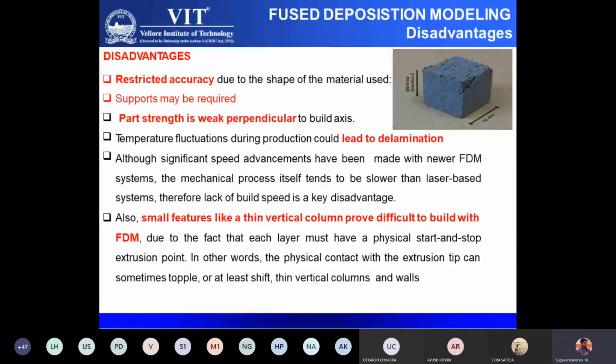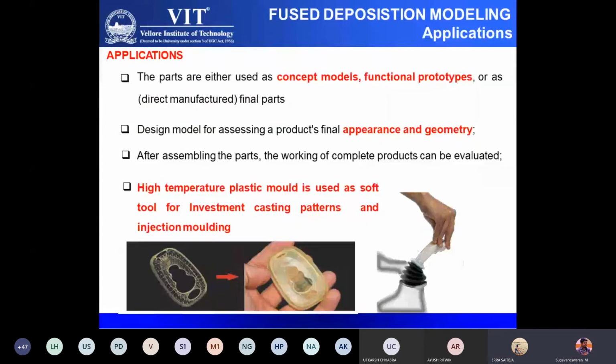When you apply a load, you may think ABS will give a tensile strength of 56 megapascal, but I cannot blindly take 56 megapascal for a design. You have to mention in which axis it is 56 megapascal. Definitely, if I apply a load in the Z axis, it will give you around 30 megapascal. That is anisotropic behavior. The material is the same, the machine is the same, but since the product has direction-dependent properties, you have to take that into consideration for the end application.